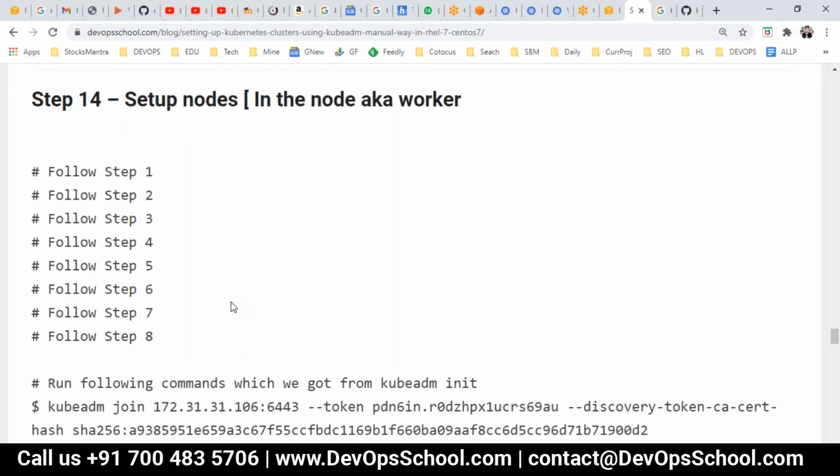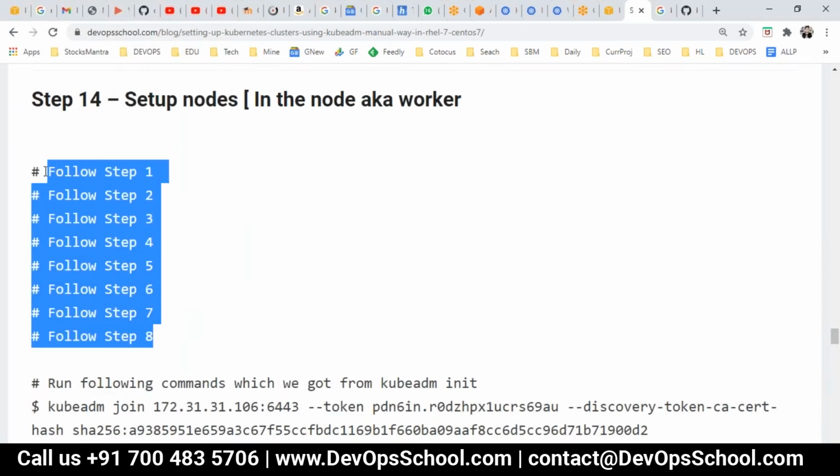So if I see something here, except the join command, every worker node has to have 1 to 8. 1 to 8, every worker node. Okay. So that way, if you want to automate all this stuff for a large set of machines, right now I'm doing it manually, but if you want to automate, then which tool can you use, guys? Any idea which tool you can use?